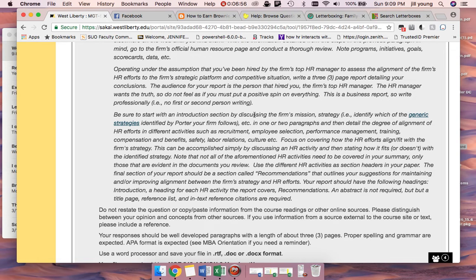And then recommendations. And I can just kind of think of something off the top of my head. I mean, you can look online and find current events on what companies are doing in regards to hiring, labor practices, everything involving that. So if you go to their website and their HR strategy is conflicting with what you're reading in the news, I mean, by all means address that. That's a good way to start the papers.